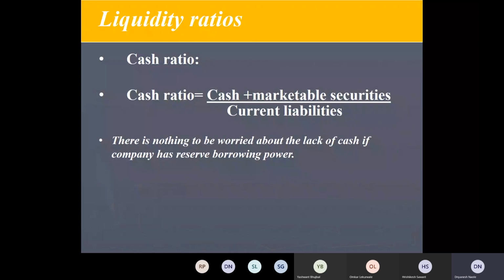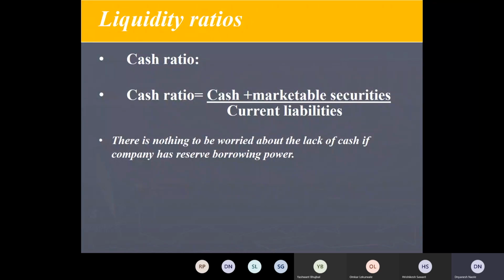Okay, so cash, you understand, it is real cash. There are two elements in this: cash plus marketable securities. Marketable securities may take relatively more time than actual cash, but still we say that within some stipulated time, marketable securities can be sold in the stock market and converted into cash, in some limited time. Okay, so now here we are even subtracting the debtors.